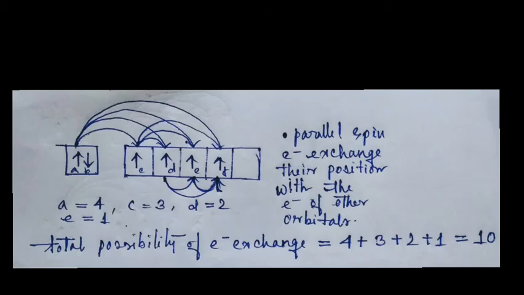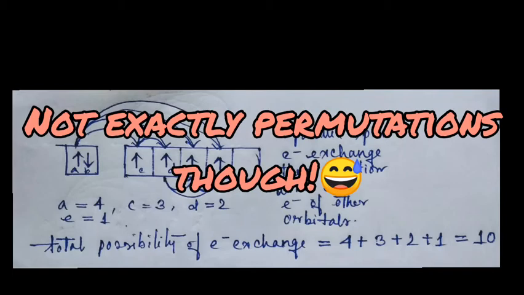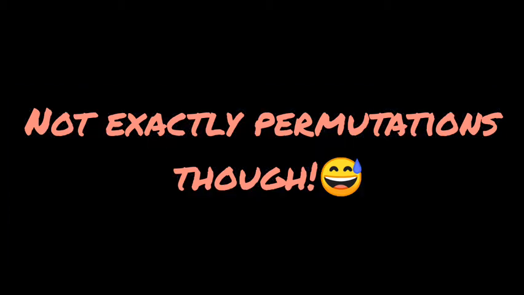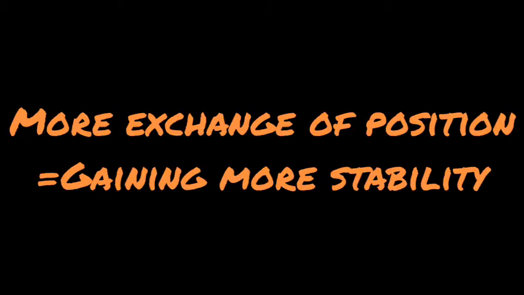Interestingly, the electrons present in different orbitals of the same subshell can exchange their positions. And the possible arrangements of electrons after this position change can be determined by the permutation concept. I think you have learned about the permutation concept in class 11. This process leads to the release of energy, making the system stable. This is called exchange. What about symmetry?